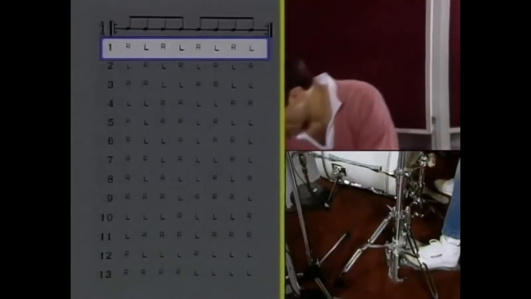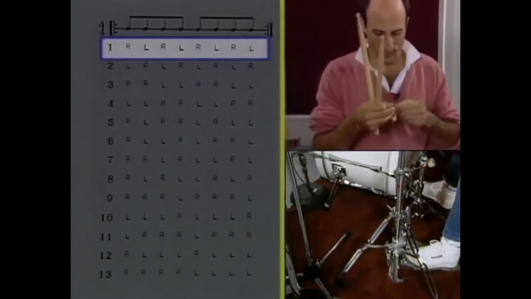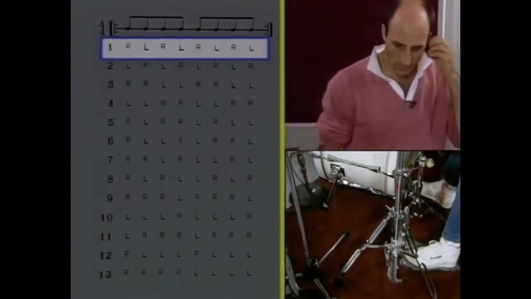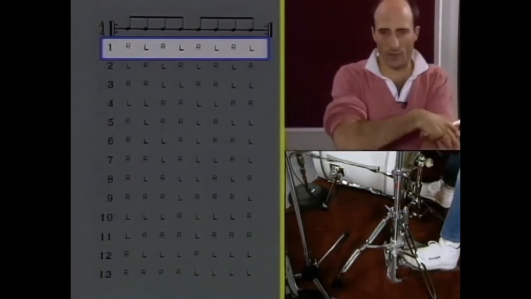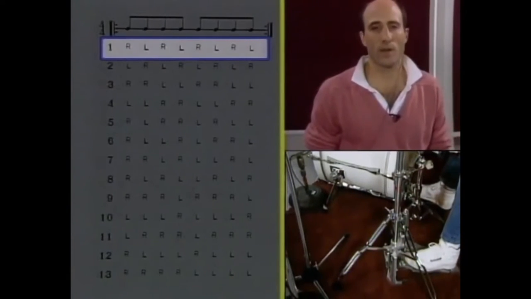Okay, let's start by setting your metronome at the quarter note equals 80 beats per minute. And I will demonstrate very slowly 1 through 13, each line 2 times with foot pattern A. Remember to use just your wrists and keep your heels down. Okay, I'll begin by counting off for you. Play along with me. 1, 2, 3, 4.